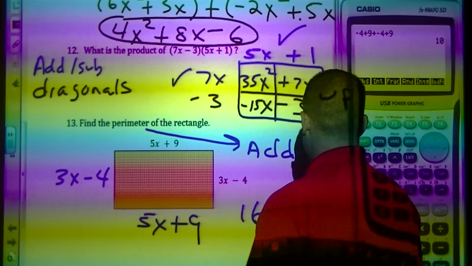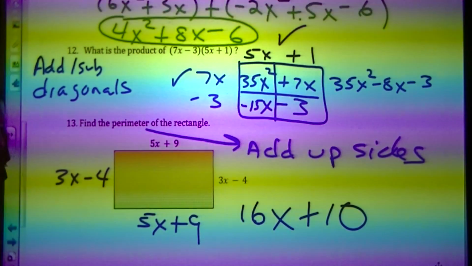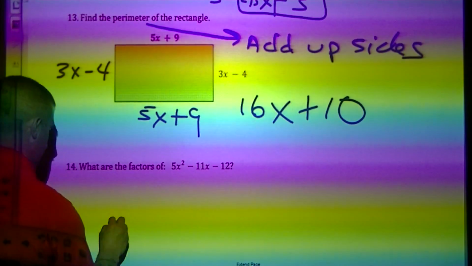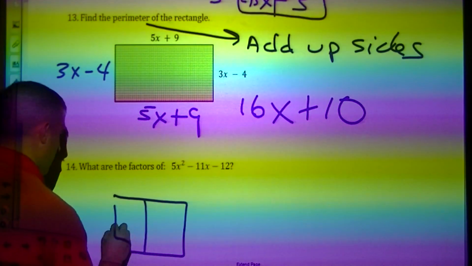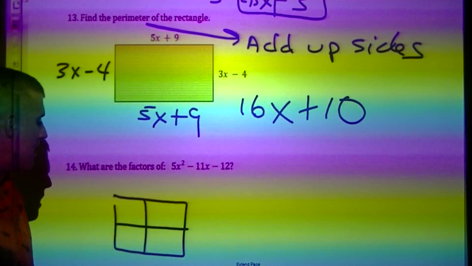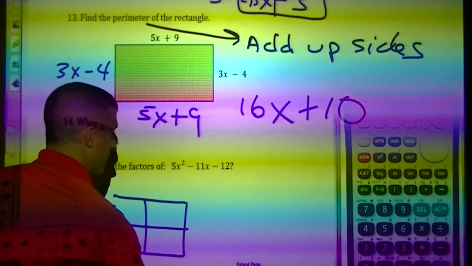I get 10, positive 10. So there's my answer for that one. Okay, it says, what are the factors of this? All right, I'm going to check. I don't have any variables in common. If I check the GCD stuff, all right,